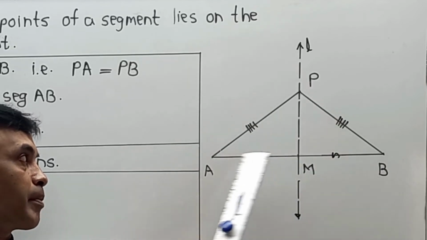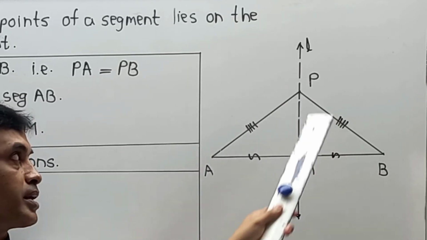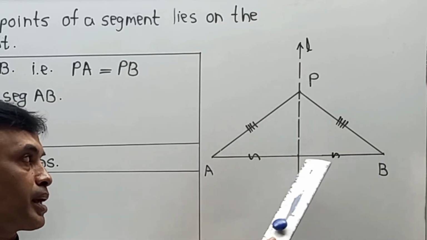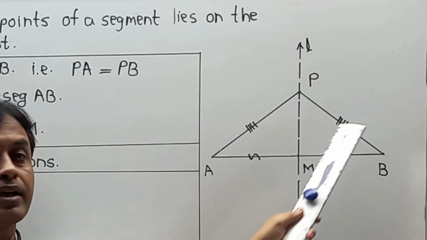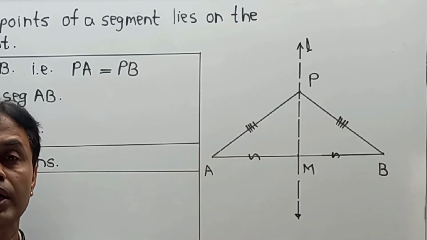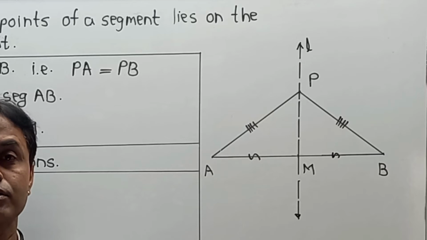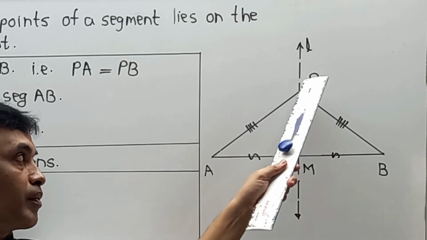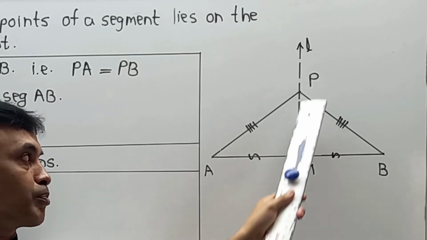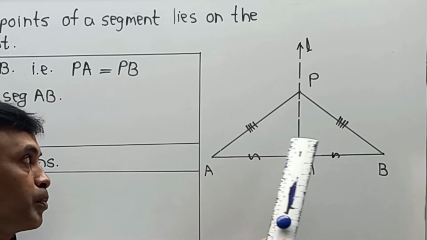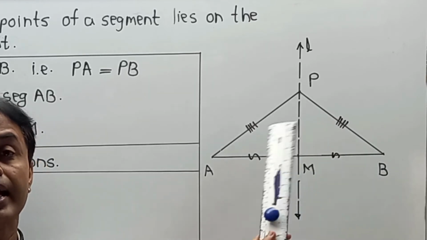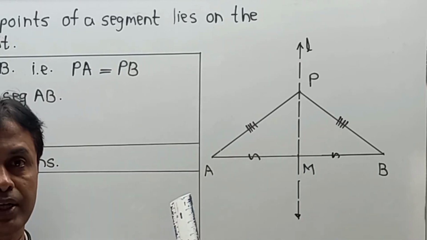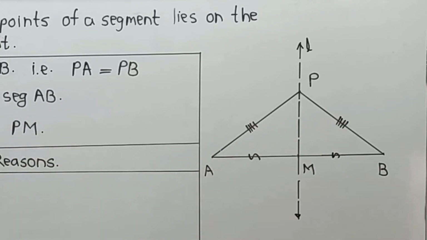Naturally, triangle PMA is congruent to triangle PMB by SSS test of congruency. When two triangles are congruent by SSS test of congruency, naturally their respective angles must be congruent. So we can have angle PMA is equal to angle PMB. Both become congruent, but also their angle addition is 180, and according to that we are going to solve it. So please pay attention. So one by one.